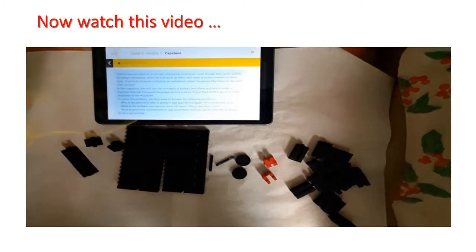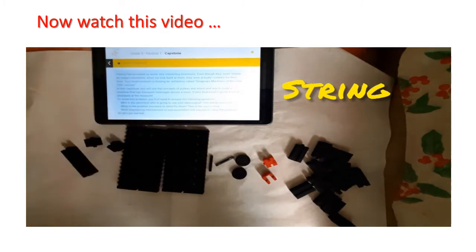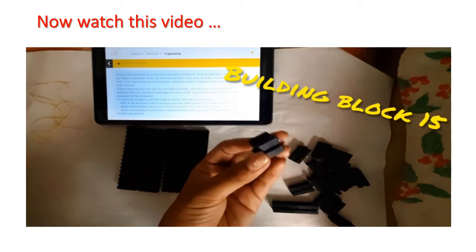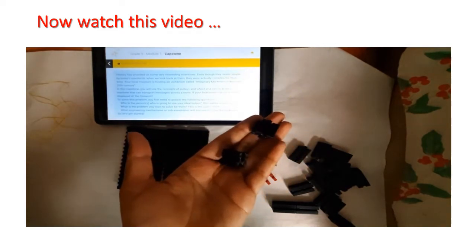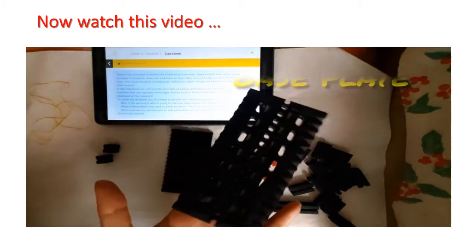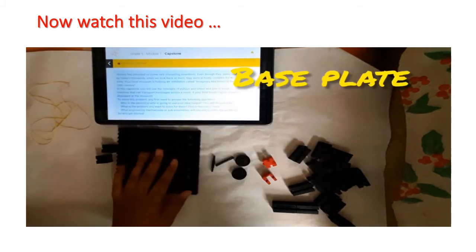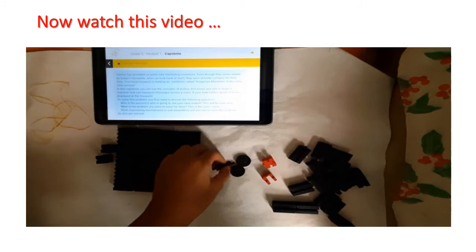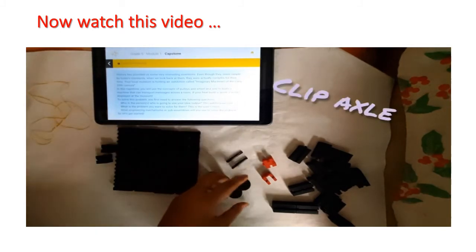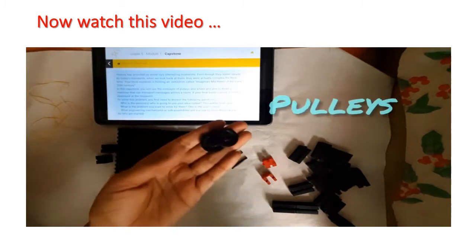So here are the materials that I require to make my model. That was string, this is building block 15. Base plate, clip axle, pulleys.